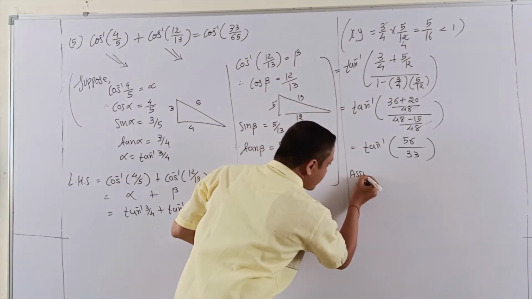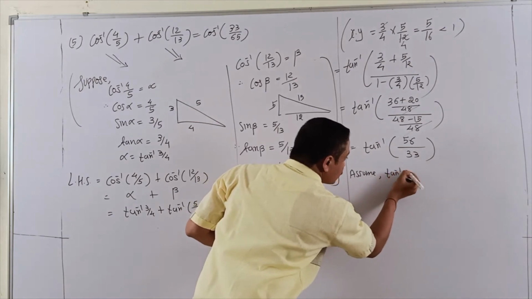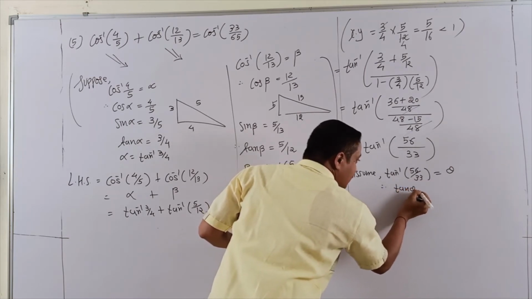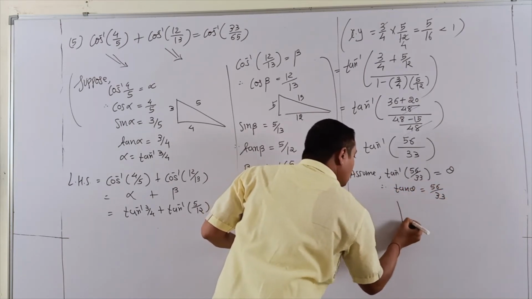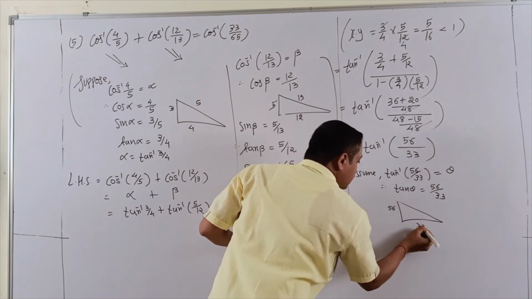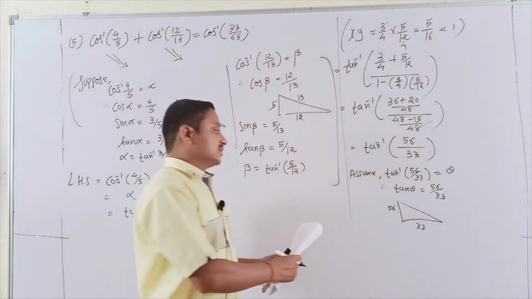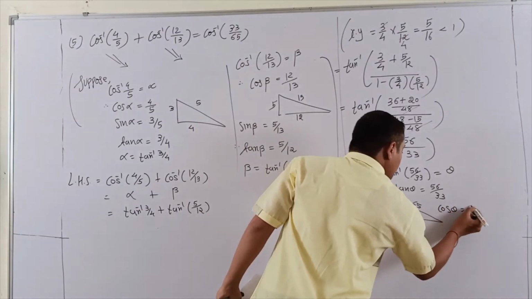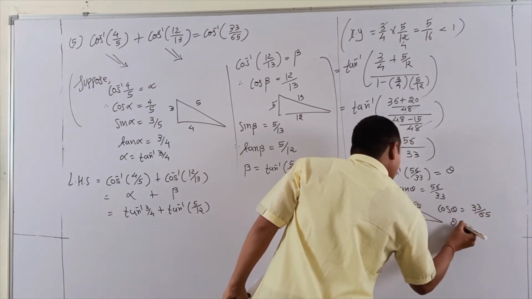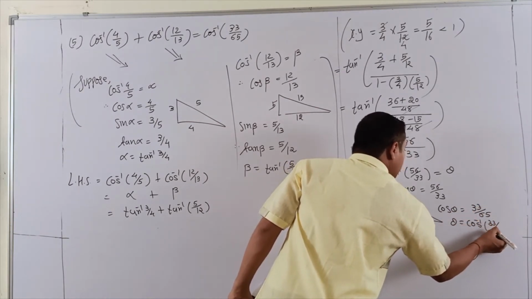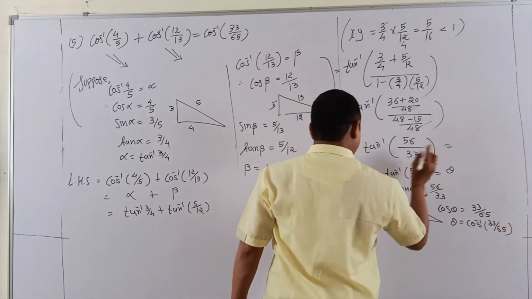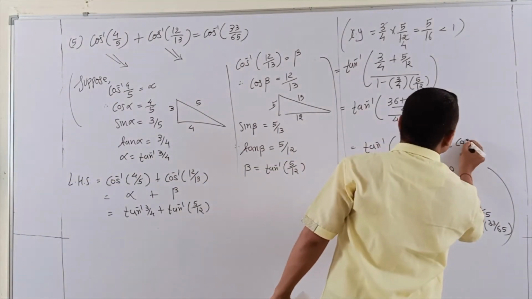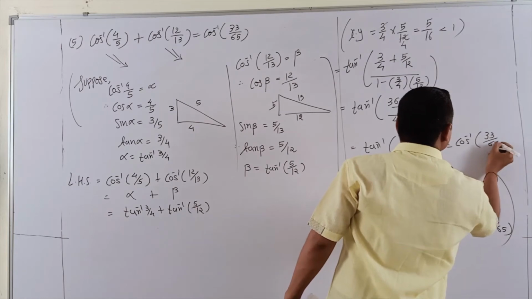And sure, we convert it into cos now. Very easy. Assume that tan inverse 56 by 33 is equal to theta. So what is the tan theta? 56 by 33. Go to triangle property. Here 56, here 33. Definitely next part is 65. So what is the cos theta? 33 by 65. Theta gets cos inverse 33 by 65. And that's answer I is created. After that, tan inverse 56 by 33 is the cos inverse 33 by 65.